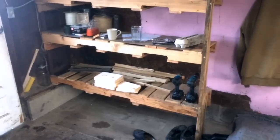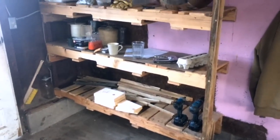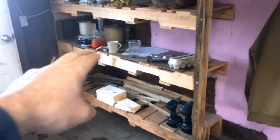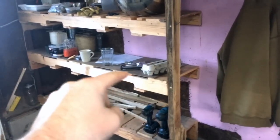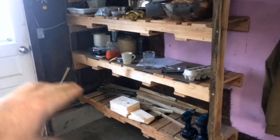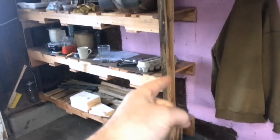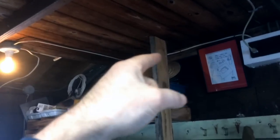Out in the garage, this is my workshop area. I have two sets of shelving, very similar to the ones in the basement. This one's a little different though in that I cut them lengthwise so that I could have a certain amount of depth without interfering with the flow of the door and coming and going. And I used a single piece of slab wood locust to go up to the ceiling members in the basement,